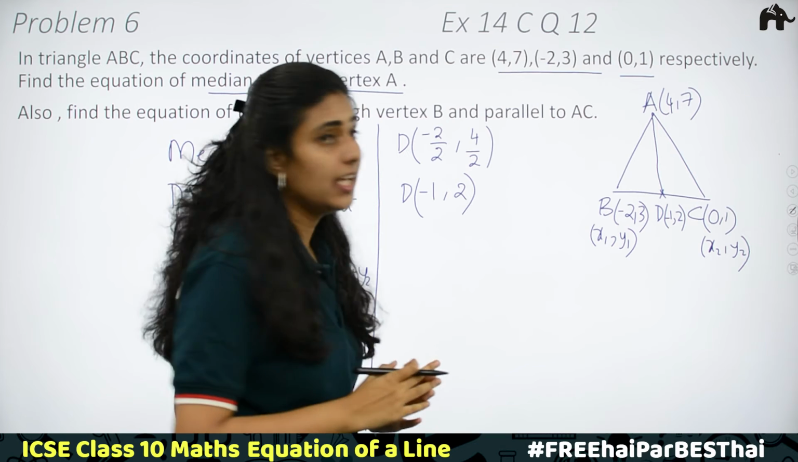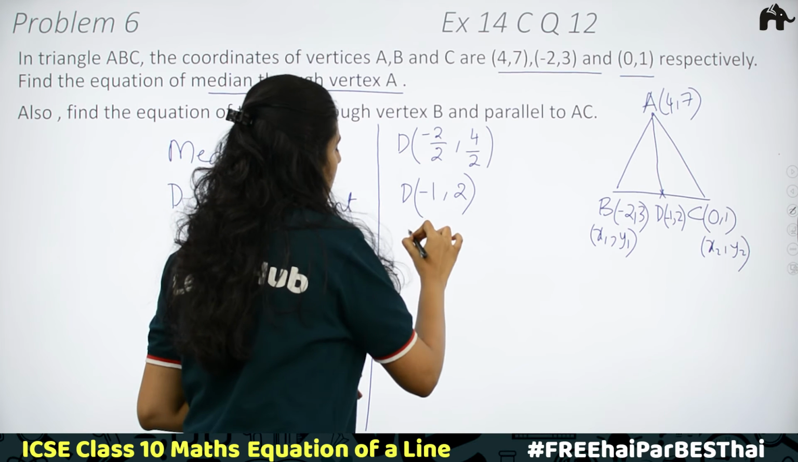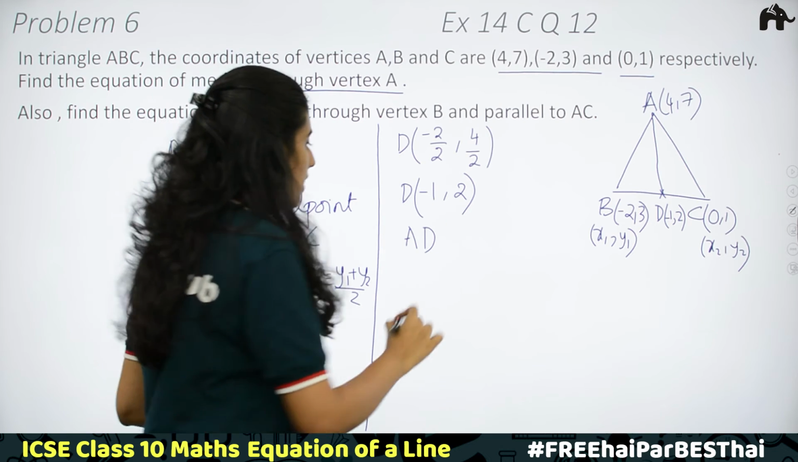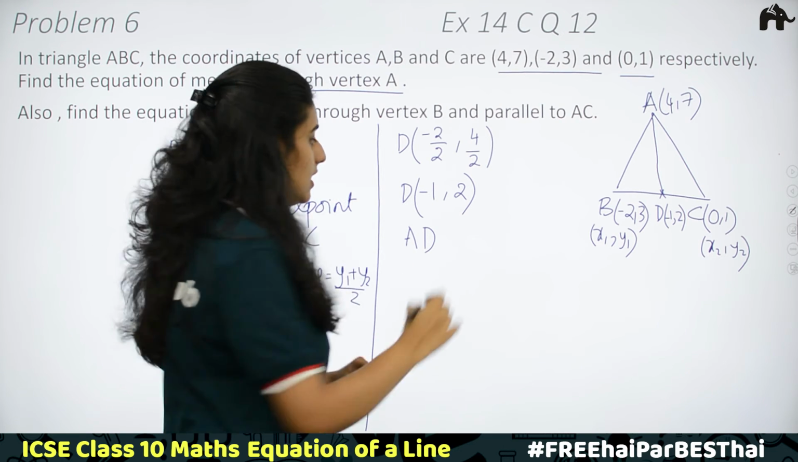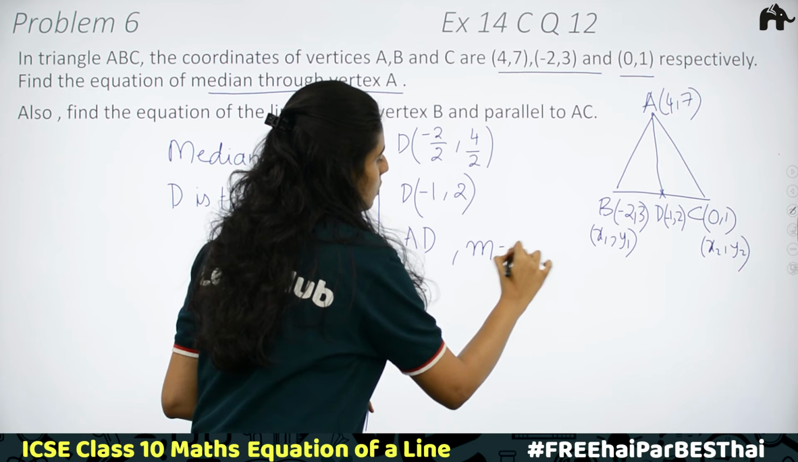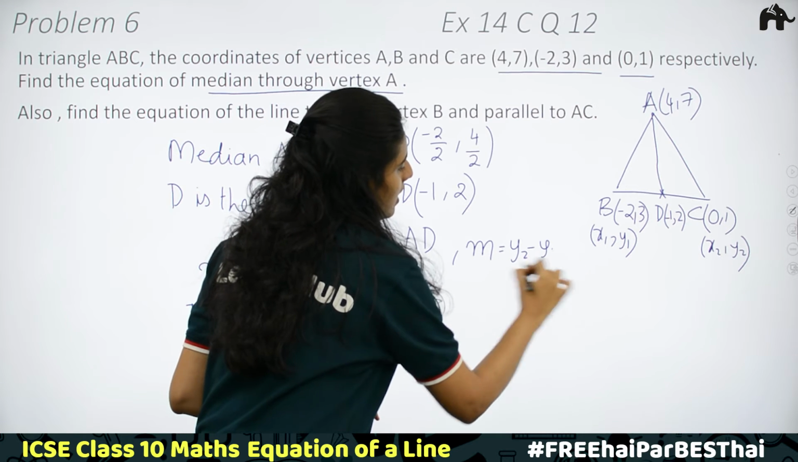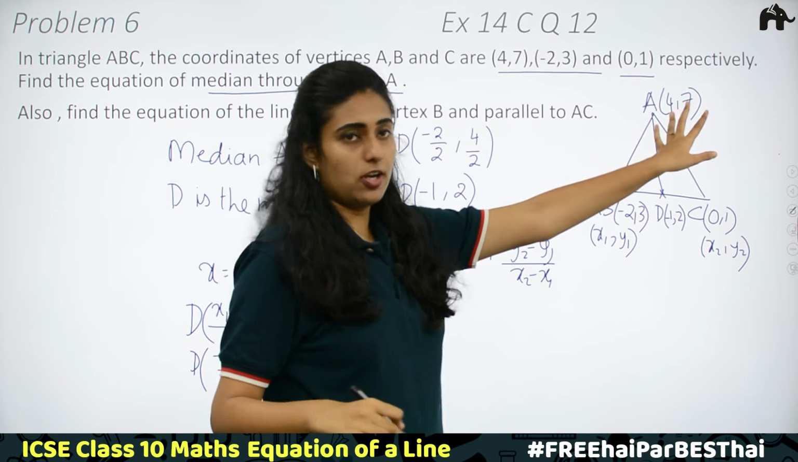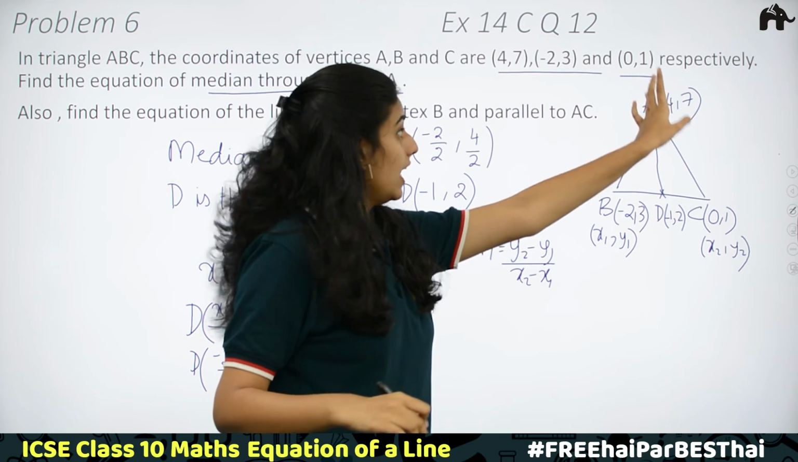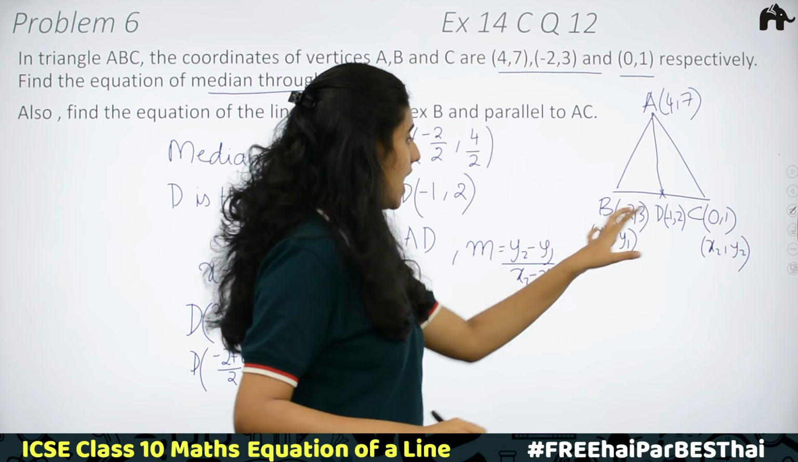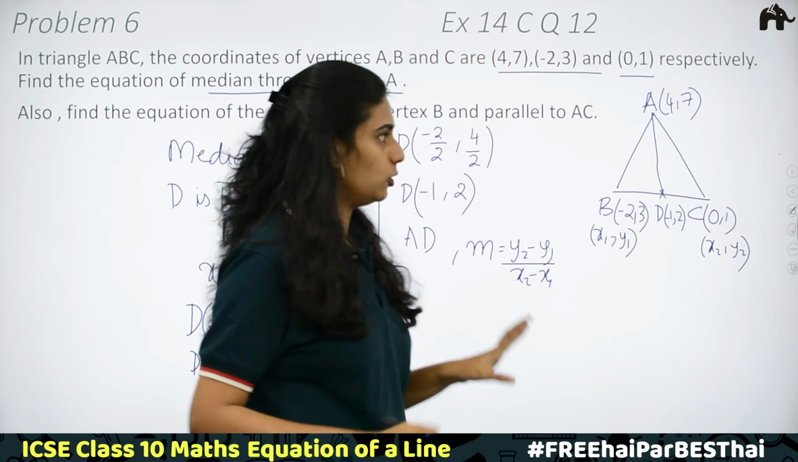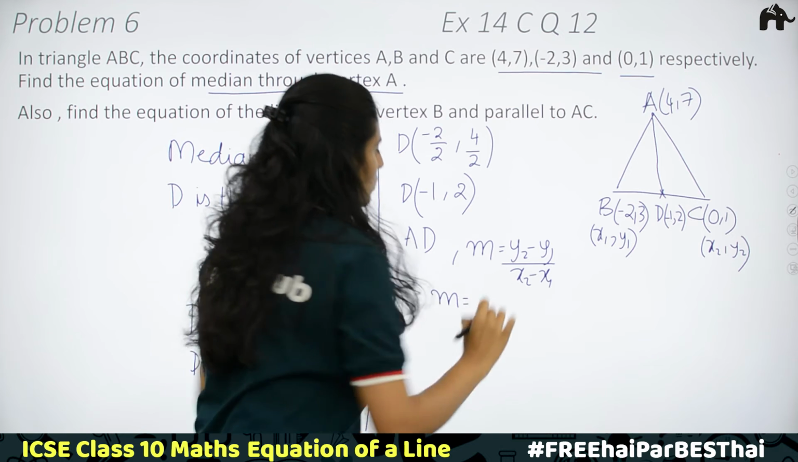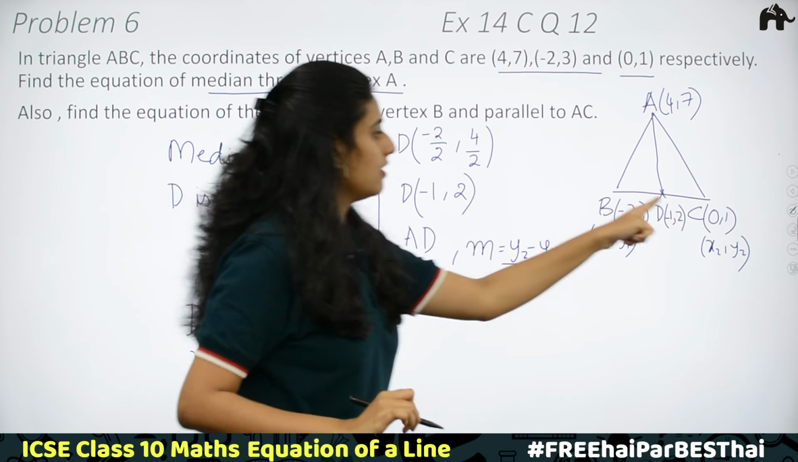Now we need to find the equation of the median line AD. We'll be finding the slope first. Slope m is equal to y2 minus y1 divided by x2 minus x1. Here we are taking the first point A as x1, y1 and D as x2, y2. We'll consider these 2 points. That is m is equal to, then what is the value of y2? Here we have 2